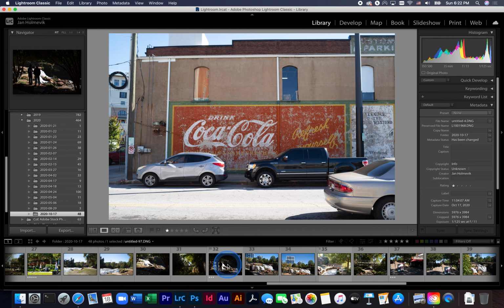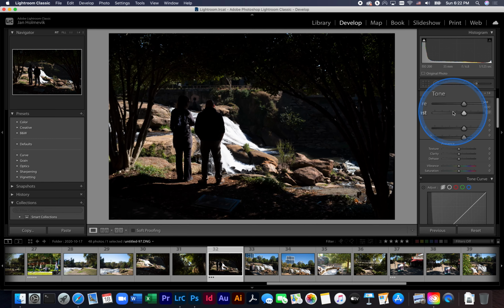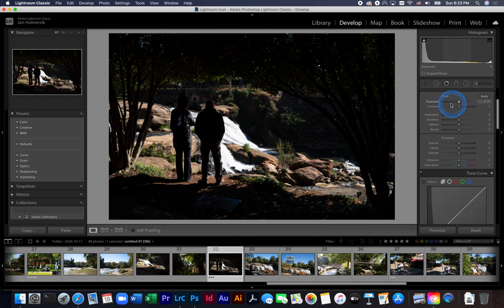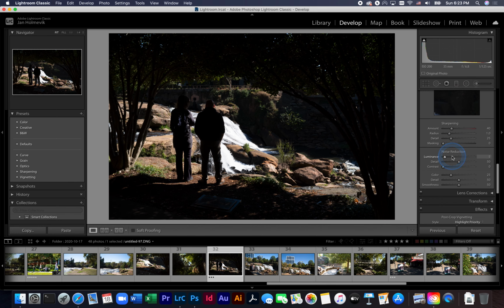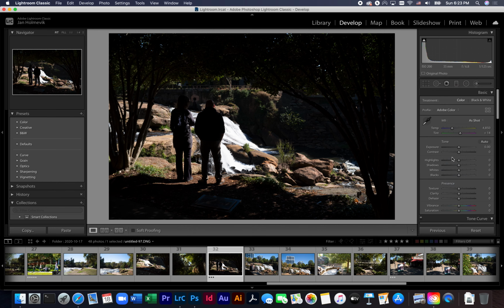It is now time to start working on the development module. What we're going to do here is make adjustments to the pictures using several sliders for exposure, contrast, highlights, shadows, clarity, dehaze, saturation, and so on. There is a long list, so you can scroll down. There's a lot you can do with this over here. However, before I start working on these sliders individually, I'm usually using the auto feature in Lightroom to let Lightroom